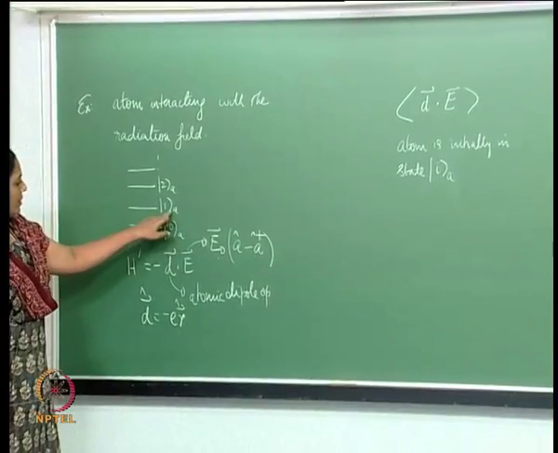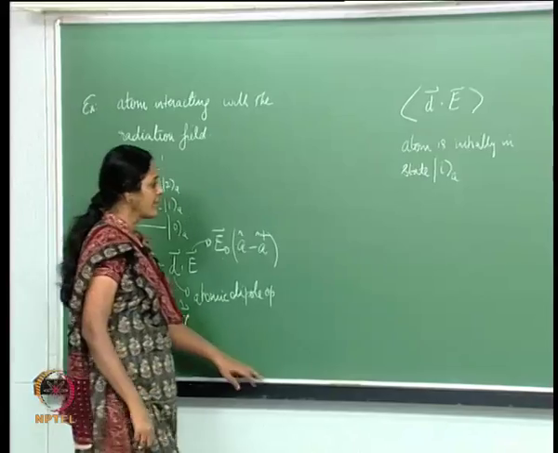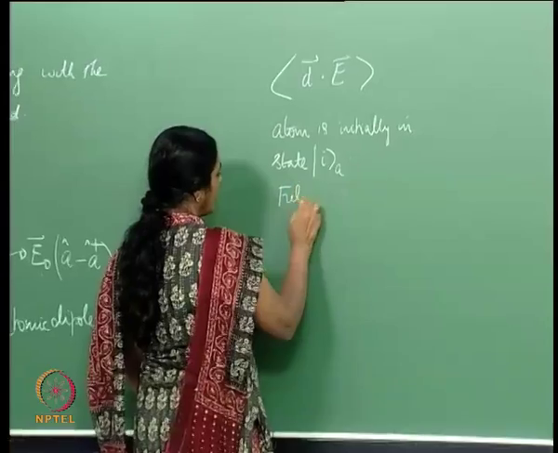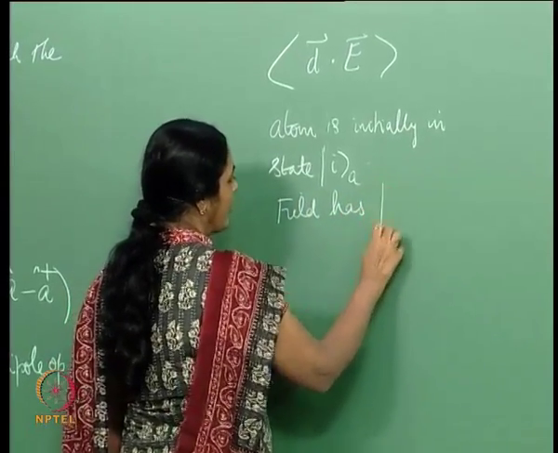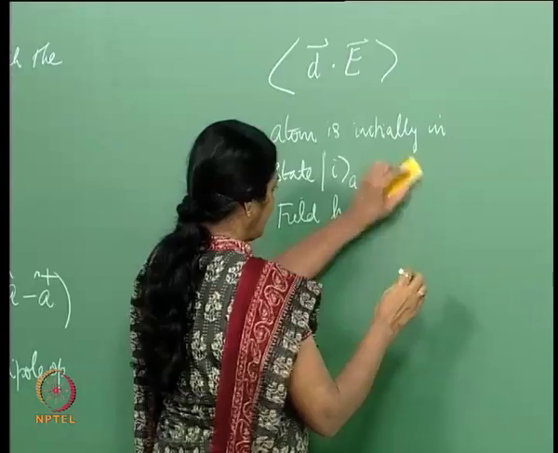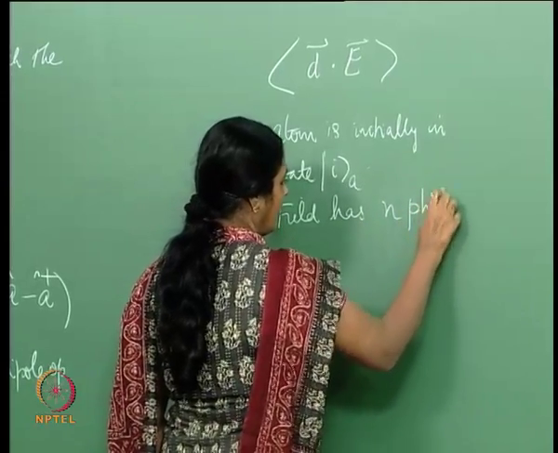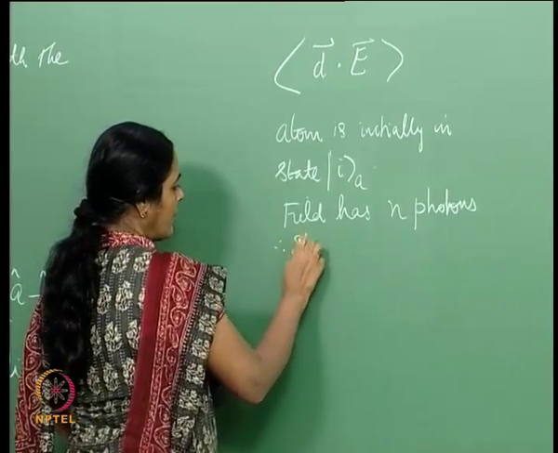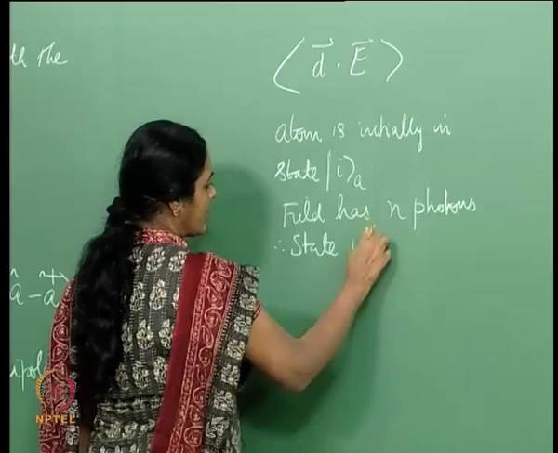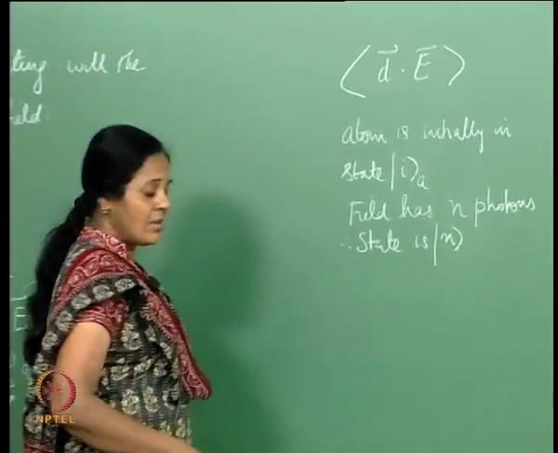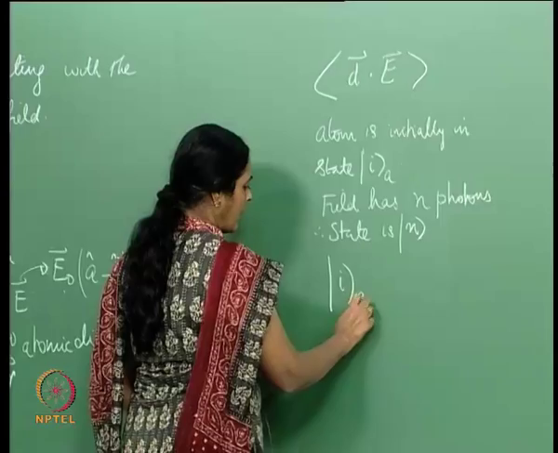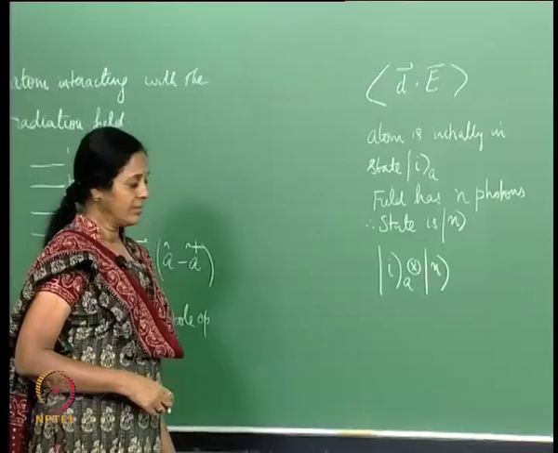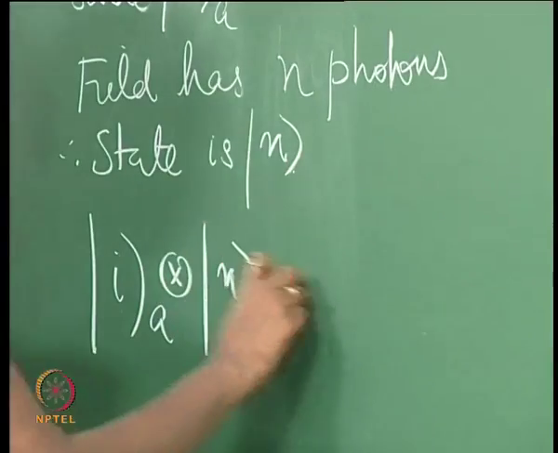In my notation, the suffix A means an atomic state, and the field has n photons initially, and therefore the state of the radiation field is n. So, my initial state would be I_A direct producted with n. Now, this goes to a final state,